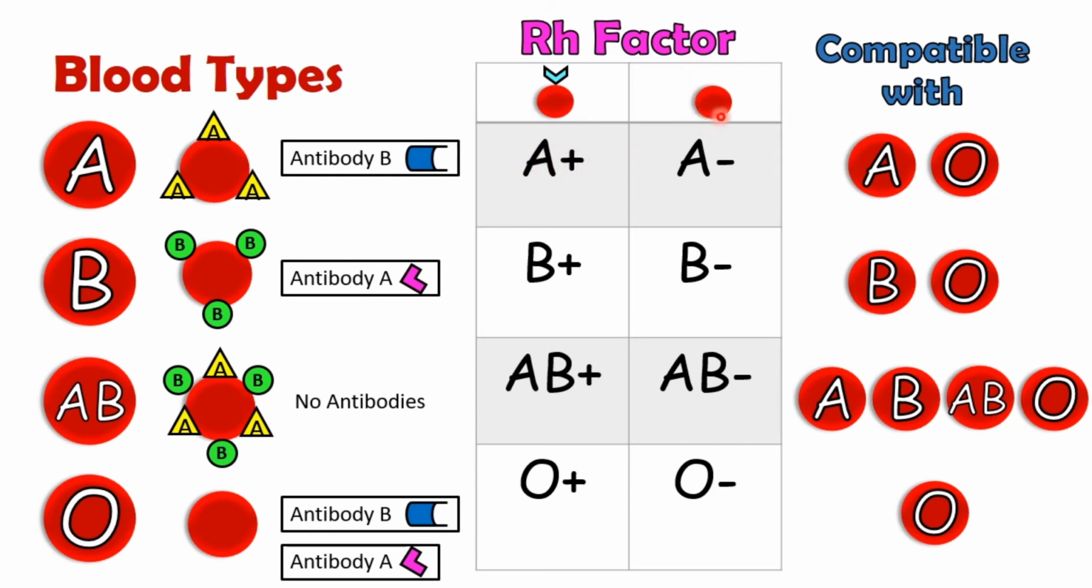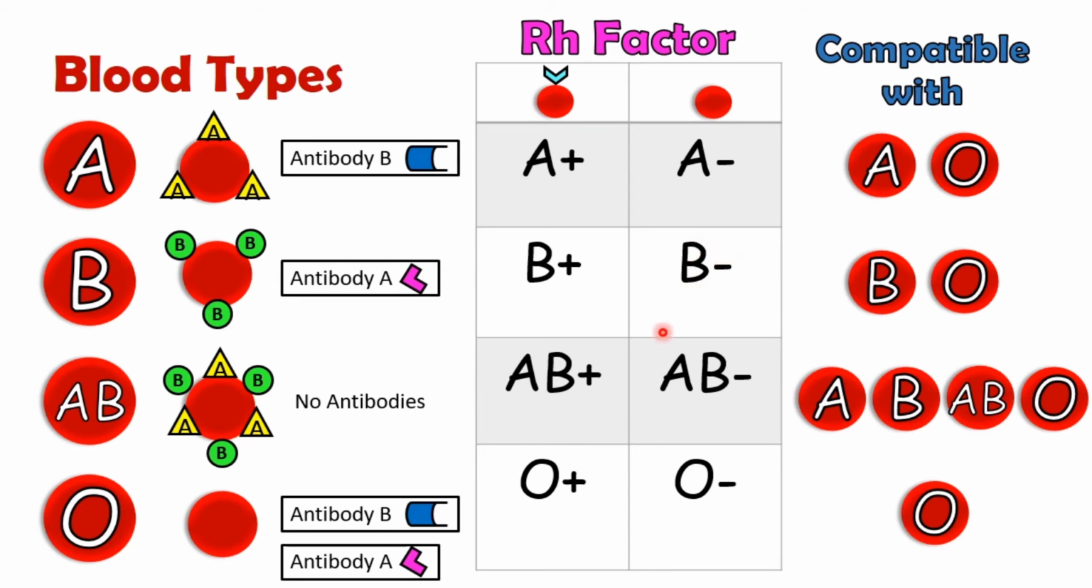But if blood type A doesn't have any RH factor, it means that the A blood type is A negative. The same goes with blood type B. If blood type B has the RH factor, it means that the blood type is B positive. If there is no RH factor in the blood of B, it means the blood becomes